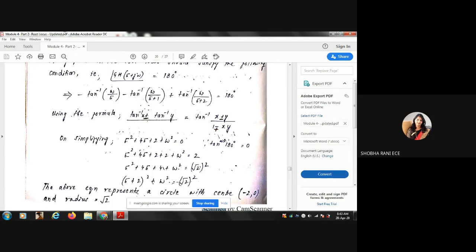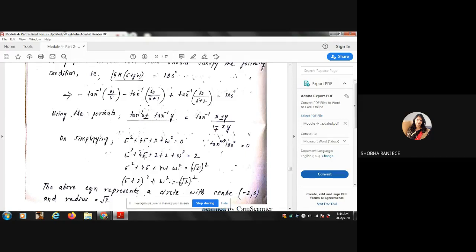So now if I use this equation and just try to simplify this, at a time I'll just take two terms. First I'll be taking these two, I'll apply the formula, I get some answer in terms of tan inverse, and that answer I'll combine with the second term here and simplify, and I get the equation as, on the left hand side, tan inverse of some expression which is equal to 180 degree. So if I take the tan inverse on the left hand side to the right hand side, it will become tan 180. Tan 180 is 0. So left hand side, after simplification, I get this equation which is equal to 0.